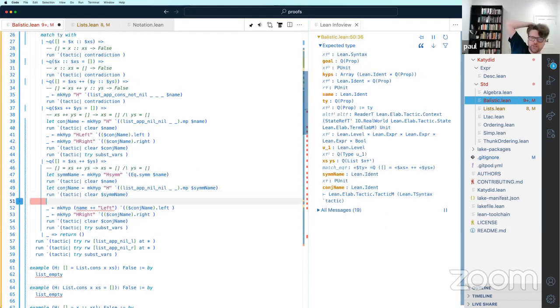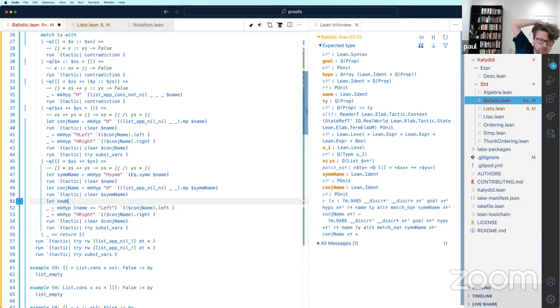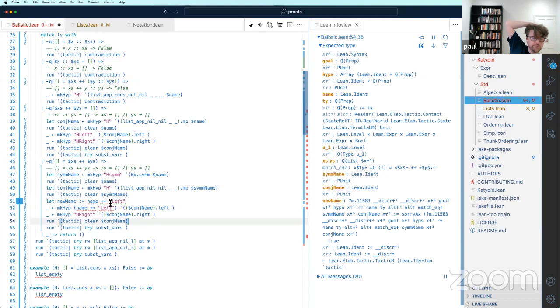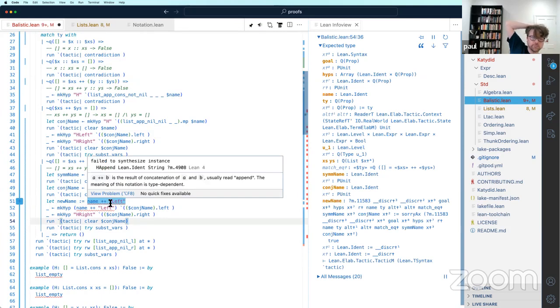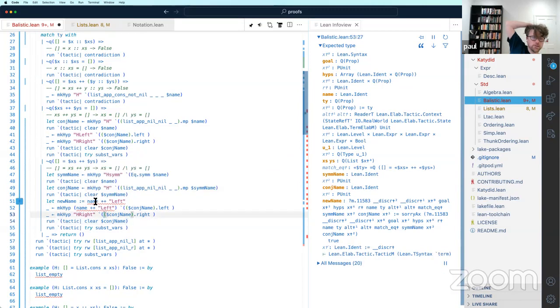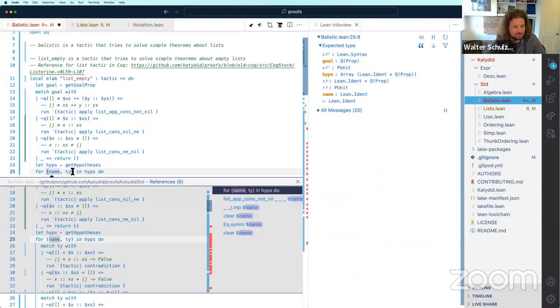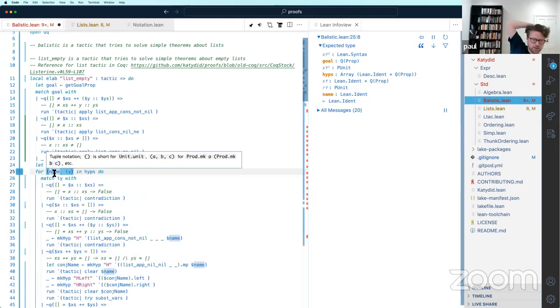Fail to synthesize instance. So it's appending something of type question mark M to a string. That's this ident being an ident. And then can you get a string out of that?